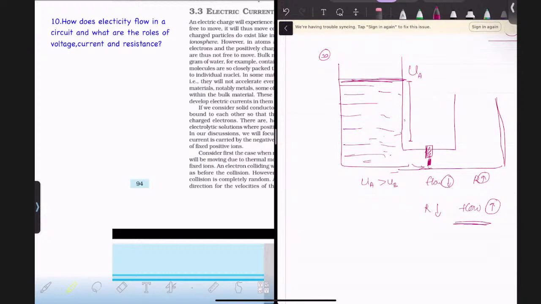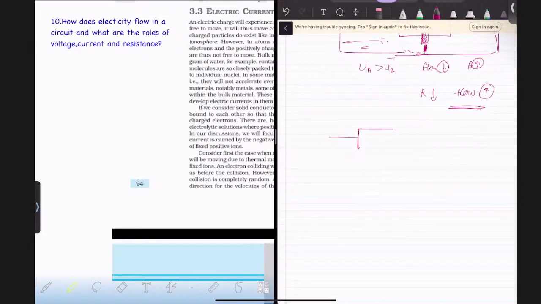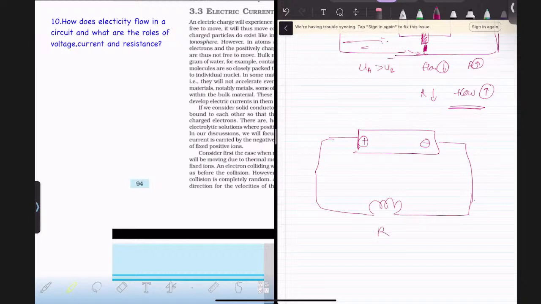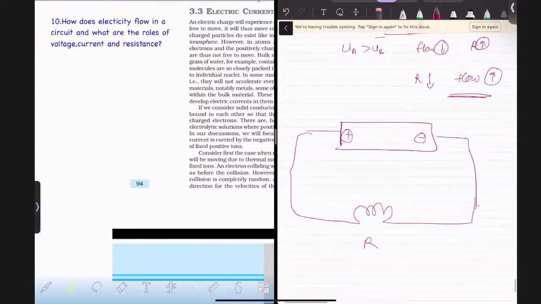Current flows from the high potential area to the low potential area. When the resistance is high in a circuit, current is low. When the resistance is low in a circuit, current is high. For example, if you take a circuit like this, this is the cell, this is the resistor. So how current flows is, the electrons present over here repel the electrons in a